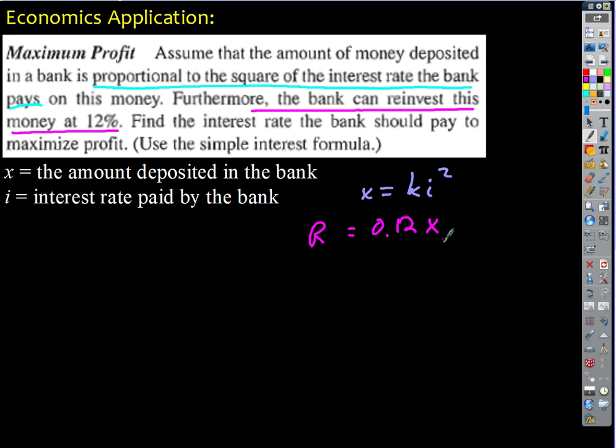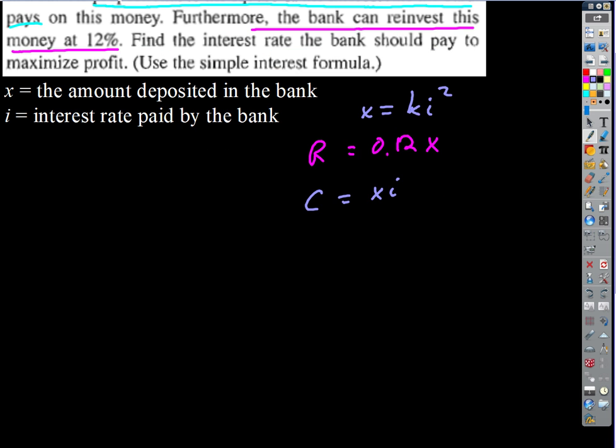How much is it paying out? Here's the interest rate paid by the bank, right? So it's going to be X times I. Everybody agree? So the cost function is the bank is paying out X times I, or I times X. Everybody see that? And so the profit, if we want to figure out how to maximize profit, we just want the revenue minus the cost. So the profit function is going to be 0.12x minus I times x,